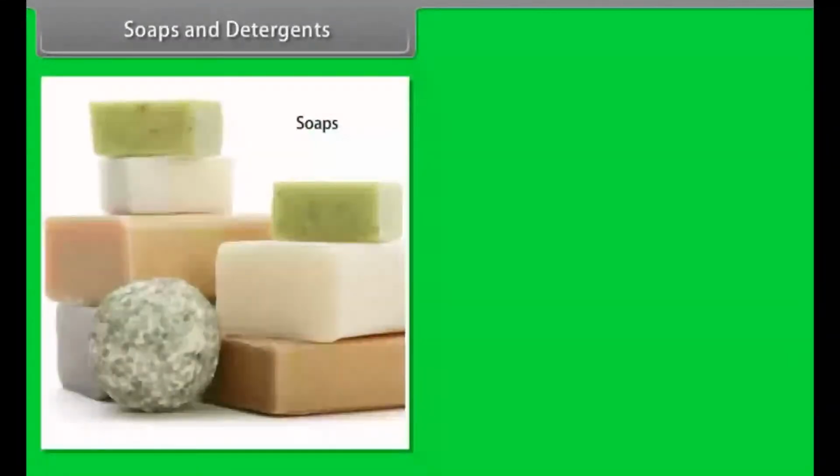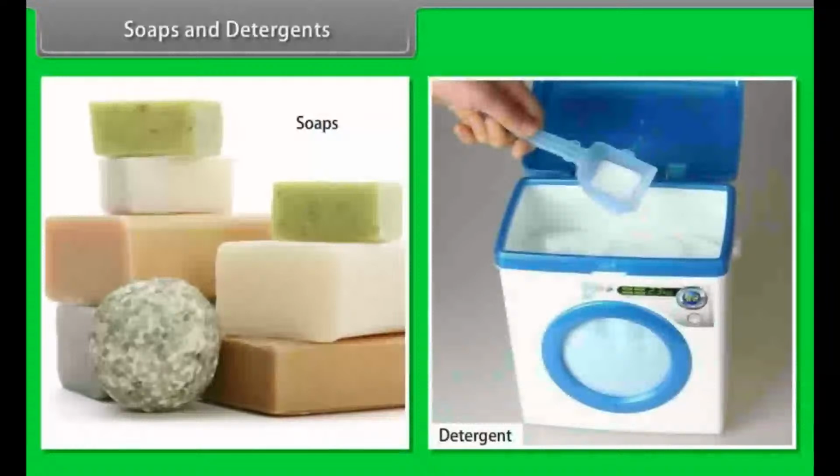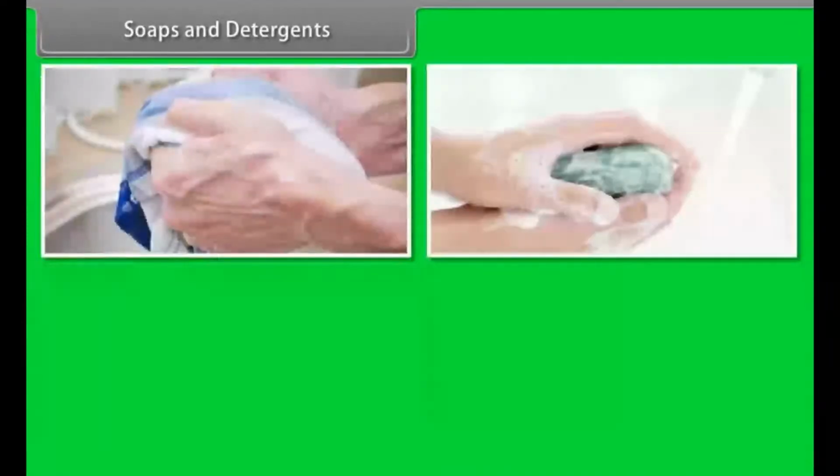Soaps and detergents. Soaps and detergents are used in our daily life to wash clothes, clean hands, clean utensils, etc. The substances